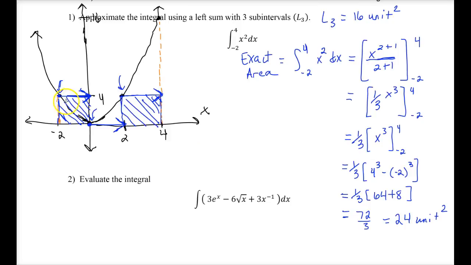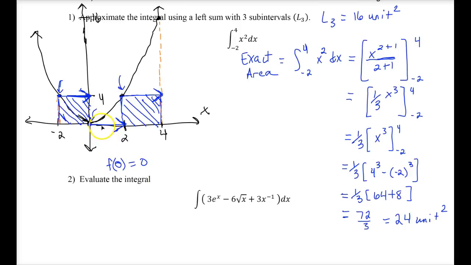So now you see that for the first area, which is this first rectangle, because remember we have three, it has a width of 2, and the height is going to be 4. For the second rectangle, if you remember, this is when we evaluated f of 0. And of course, we know f of 0 is just 0. So that's why, even though we have a width of 2, the height of the rectangle is 0,